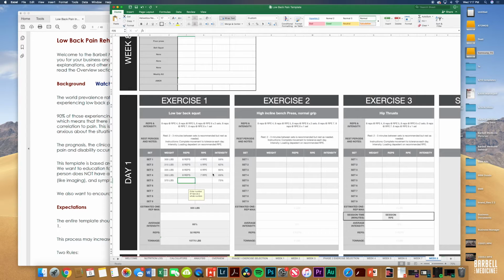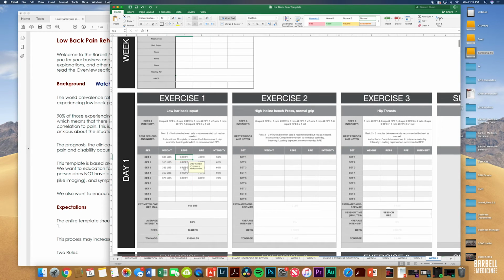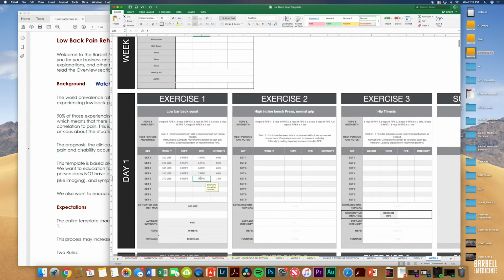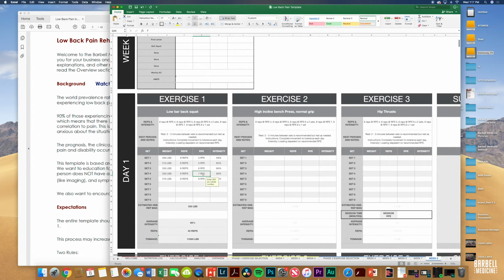And so this logs all of your stuff, and this is exactly how I would do it. I do all your sets for 8 reps. And if you get a little fatigued on the way up, that's not a problem. Just take the weight down and stick to the RPE. So if, for instance, 350 felt like an 8, then just mark it as an 8, and that's where you go. And so the way that I would use this going forward for the next week,